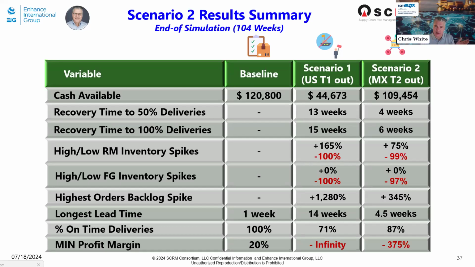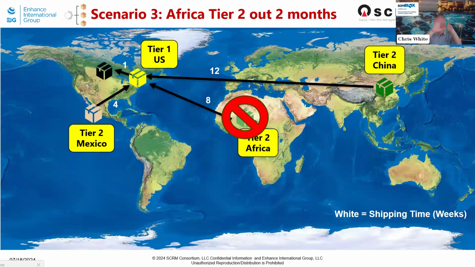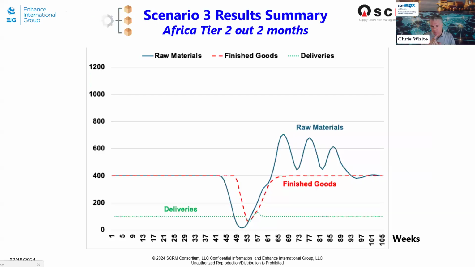So now if we go to scenario 3, we're going to do this exact same thing, except our supplier in Africa goes out. So now if we look at those results, we're going to look at the same graphs. A little less bad. We see dips, and they don't look as bad. The finished goods, the deliveries, you can see just for a little period of time, we are short, and then we're back to normal. Our raw materials, you see, oscillate, but by the end, we're actually back on track. So what does that mean in